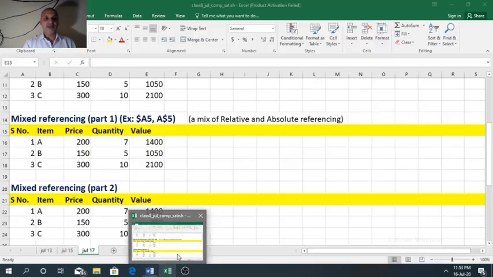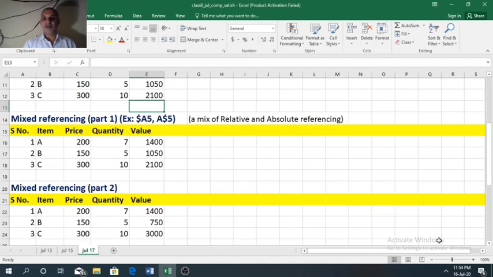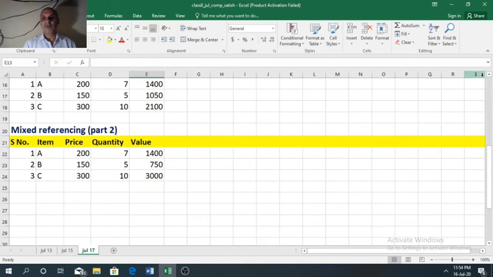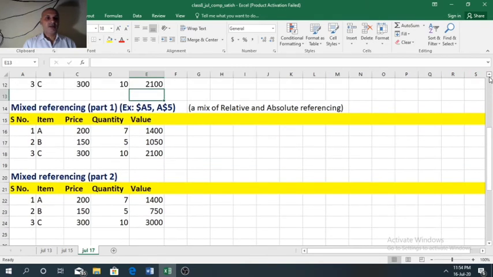I have made two examples for mixed referencing to understand it. In mixed referencing part 1, the example is similar to the previous one, same item, price and quantity.